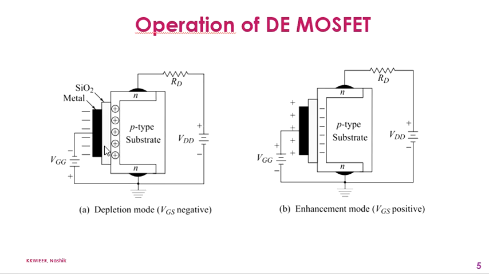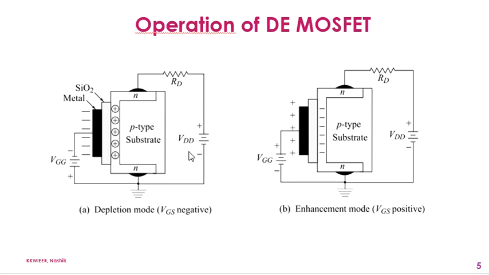So with the negative gate voltage as VGG, the negative terminal is connected to gate, the negative charges on the gate repel the conduction electrons from the channel, leaving positive ions in their place. The n channel is depleted of some of the electrons, thus decreasing the channel conductivity. The greater the negative voltage on the gate side, the greater the depletion of the n channel electrons.